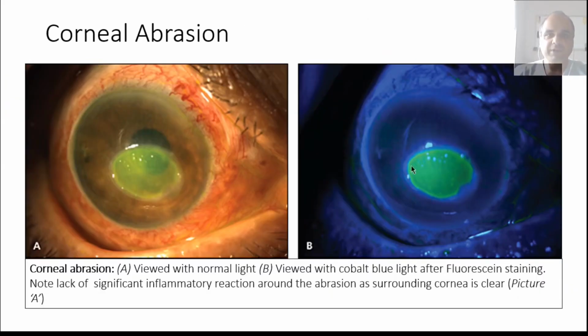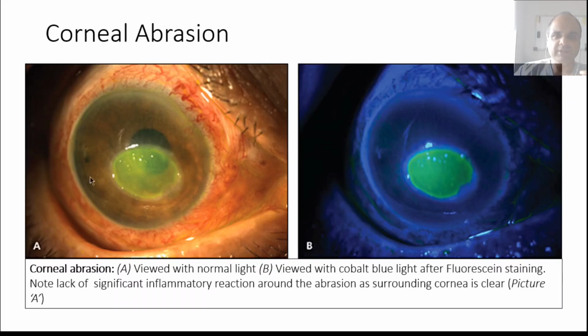So this is an abrasion seen with the white light. Fluorescent dye, as we talked about, is fluorescent. You excite it with one type of wavelength and it will emit another. So when you see it in a white light, which has blue light, it's basically excited by blue light, but white light has all the wavelengths in it, those 7 visible spectrum wavelengths. It appears like this, but when you excite it with blue light, it emits green. And if you excite it with just the blue wavelength, look how clearly you can see the outline of the